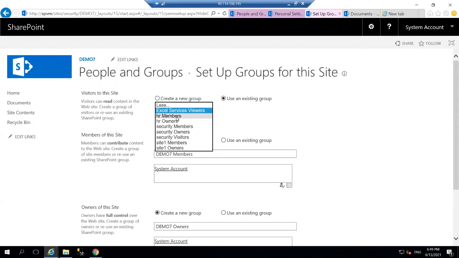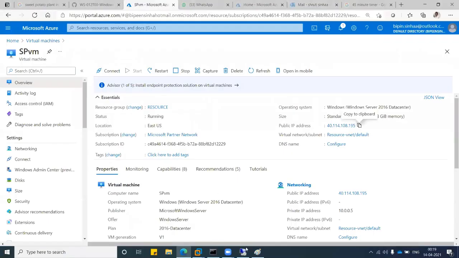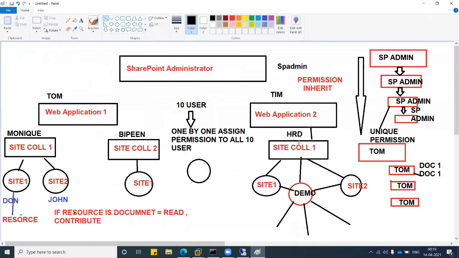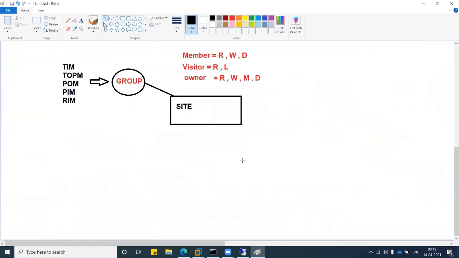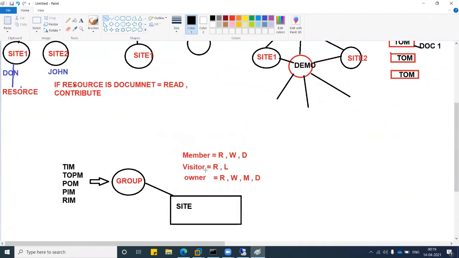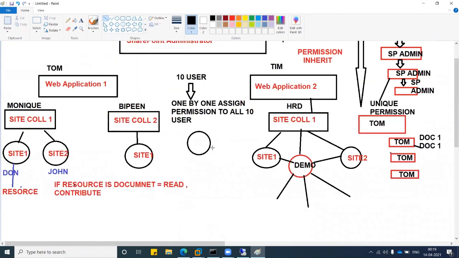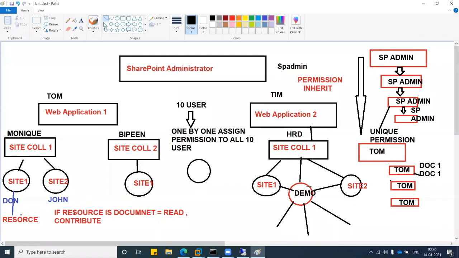So that is the reason why many organizations say that whenever someone creates a group, they need a permission, because a group in SharePoint is always available for the whole hierarchy. So whatever group you create, basically this group is not created here. This group is going to be created at this level. You might think that I have created this group for my own site. How is it visible to the site 2 administrator? How is it visible to the site collection administrator? Whatever group you configure, it is basically created here,